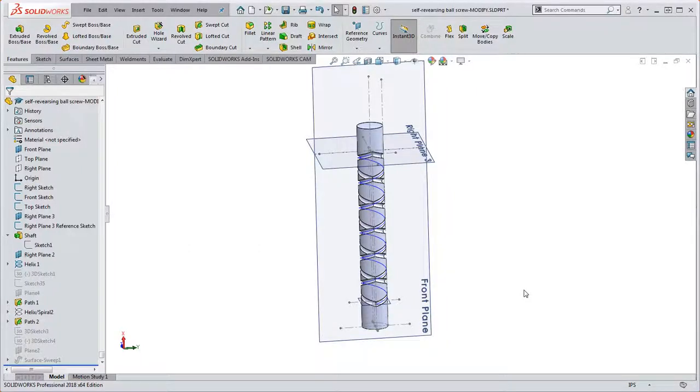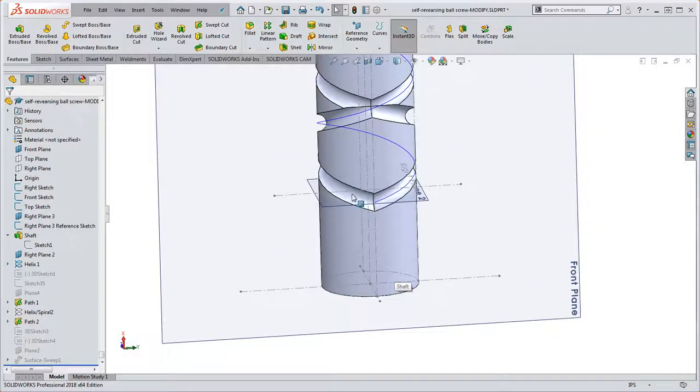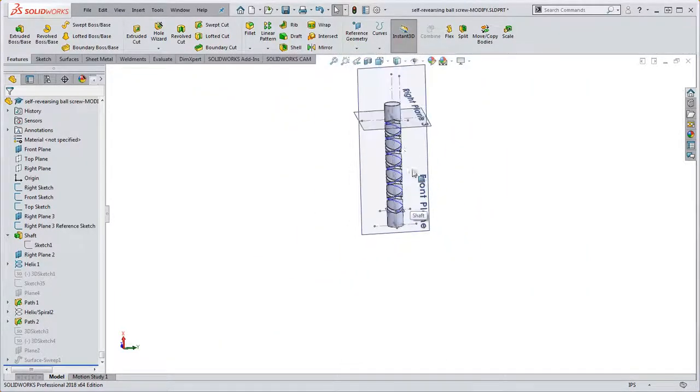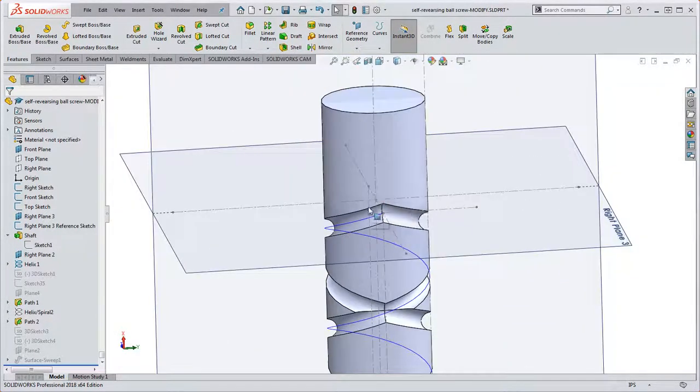Okay, Mr. Graff, you had a problem, and I'm here to try to solve that for you. The problem, as you described, is that when you come down here in your swept features, your swept cut feature, and the ball that's going to be traveling down here, it comes down here at a point, and it doesn't smoothly transition in here. So my solution is going to be to try to truncate that helix a little bit